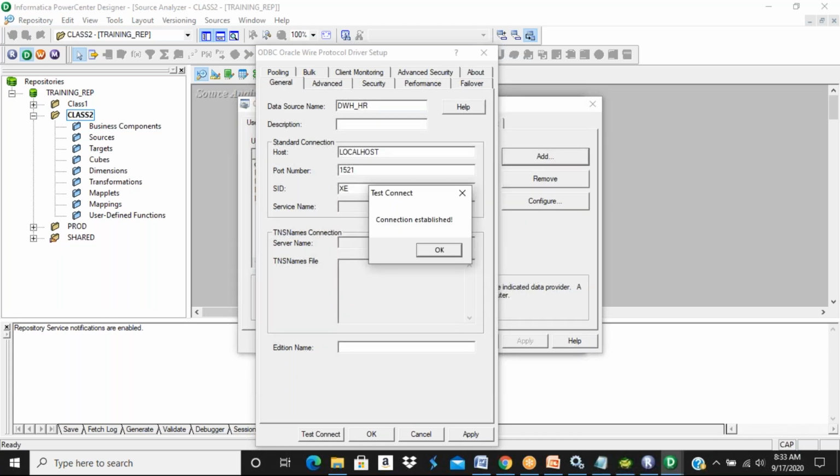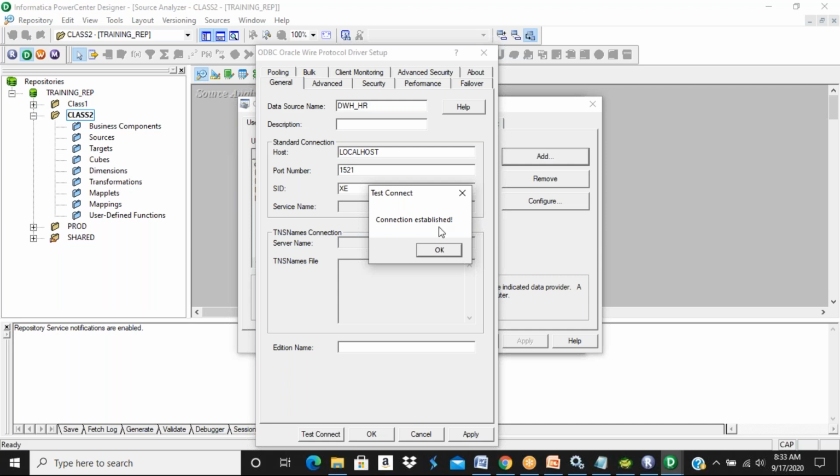Is it case sensitive? Yeah, it's case sensitive. I have given the password in lowercase. That's the reason I entered lowercase hr. Is that port number fixed, like 1521? See, for Oracle database by default it's 1521, but in your real-time environment, it depends upon what port number is open in your server machine, in your project server machine. By default, Oracle database port number is 1521. It's fixed. Okay.